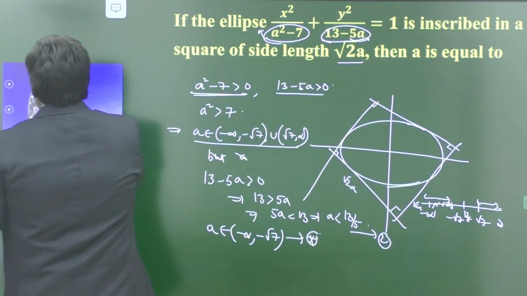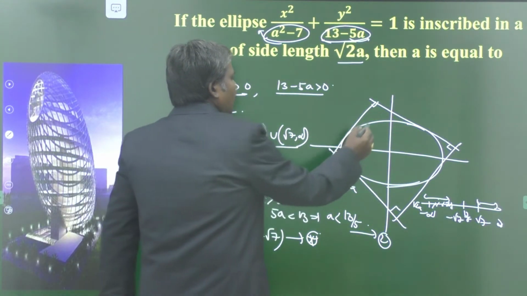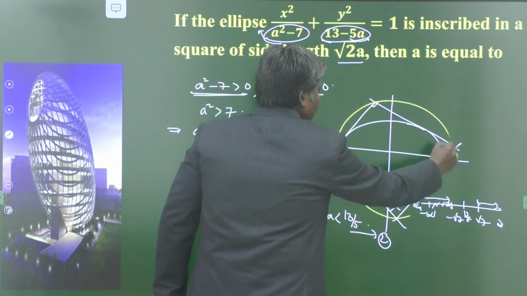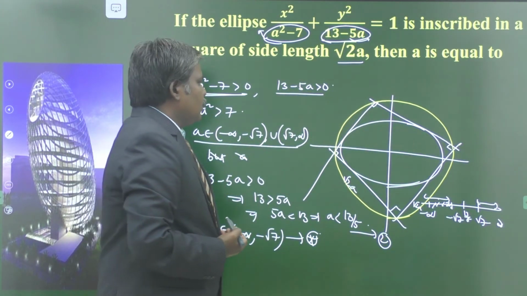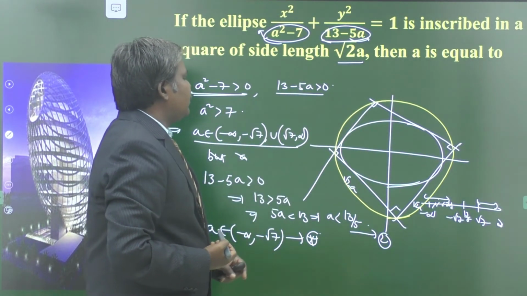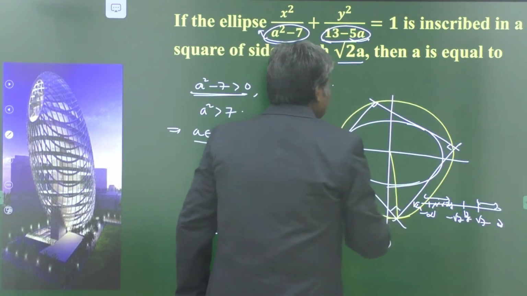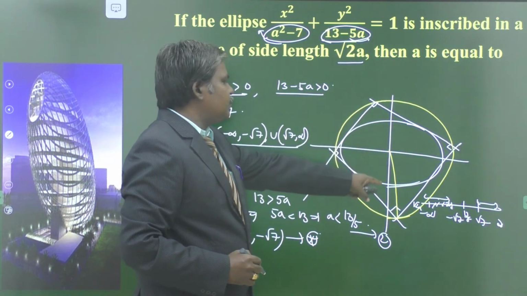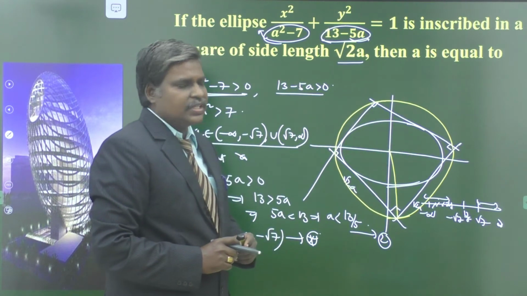We know that the locus of point of intersection of perpendicular tangents to an ellipse is its what? Director circle. So your 4 points lie on what? That is the director circle. That means we can find the radius of the director circle. Am I correct or not? This is my radius of the director circle. Center is concentric with the origin, and this is the director circle. This is the point on the circumference of your circle.